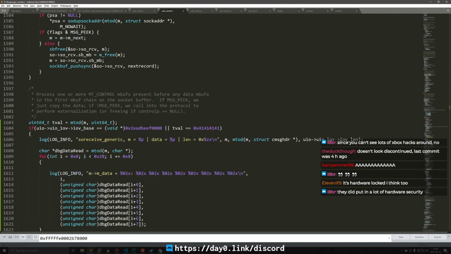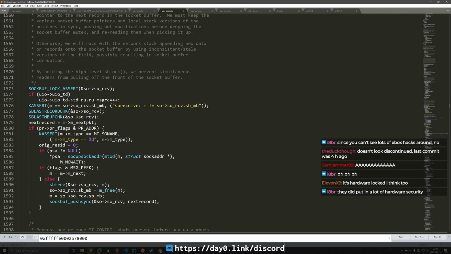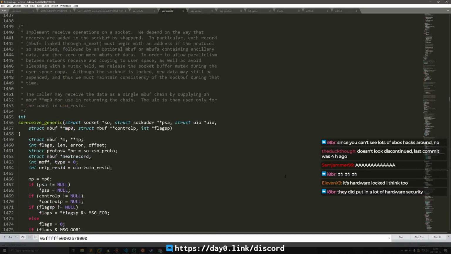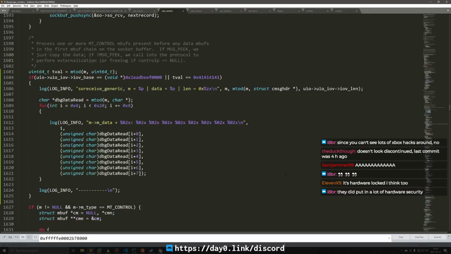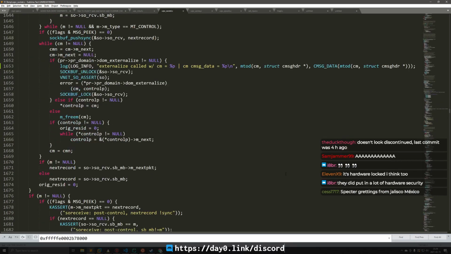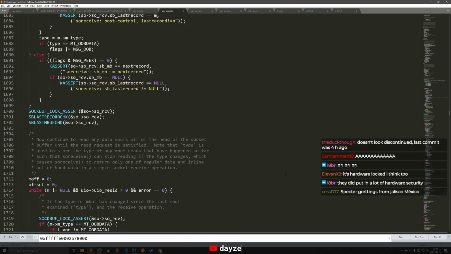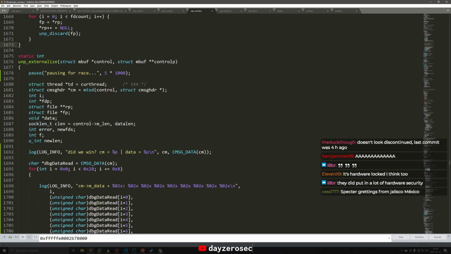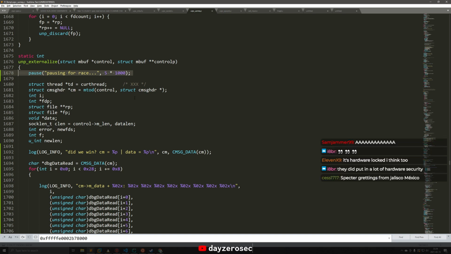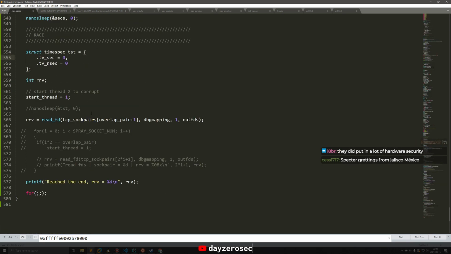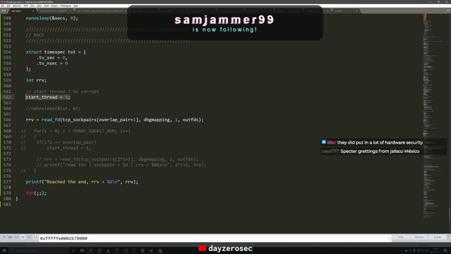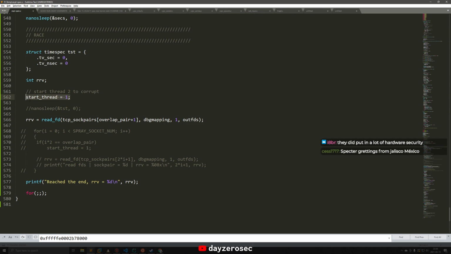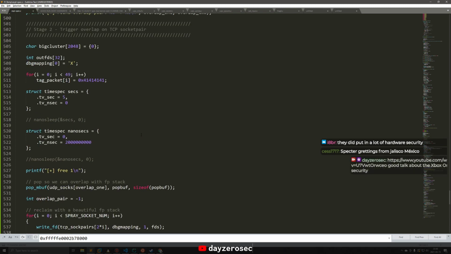Do I have anything intentionally sleeping in soreceive_generic? No, I don't. This is all just prints, which would minimally affect the timing. This pause did get executed, but it got executed late. It should have gotten executed before the spray happened, so that's strange, because I didn't have this behavior before. I do start the thread before reading from the socket pairs, but that should be fine.